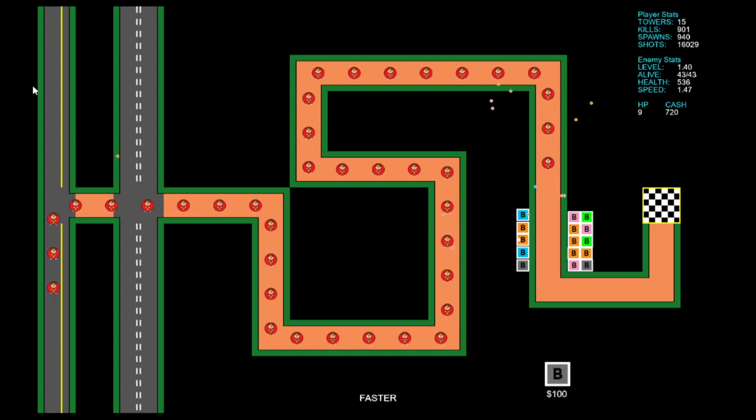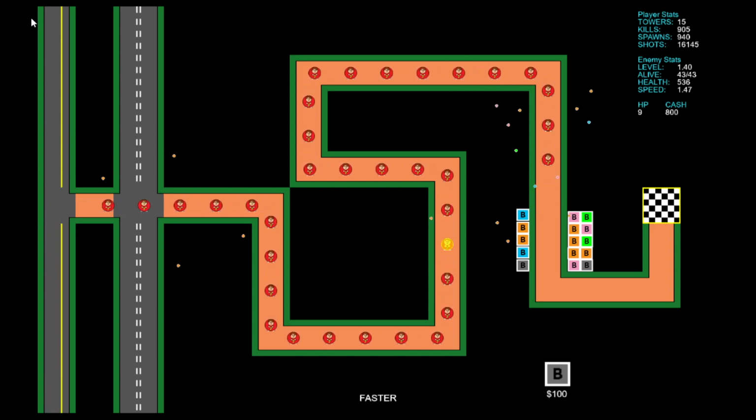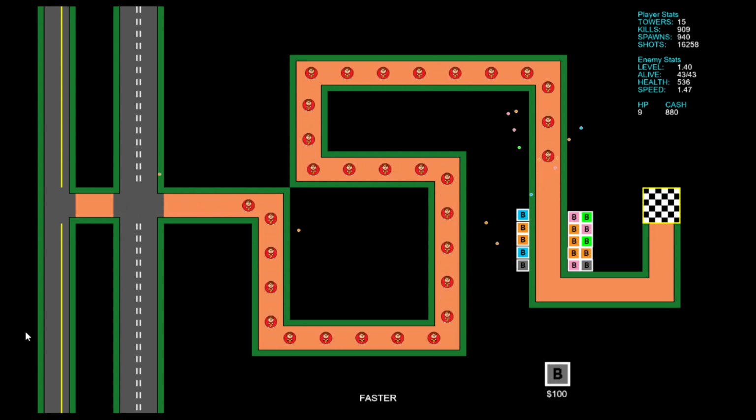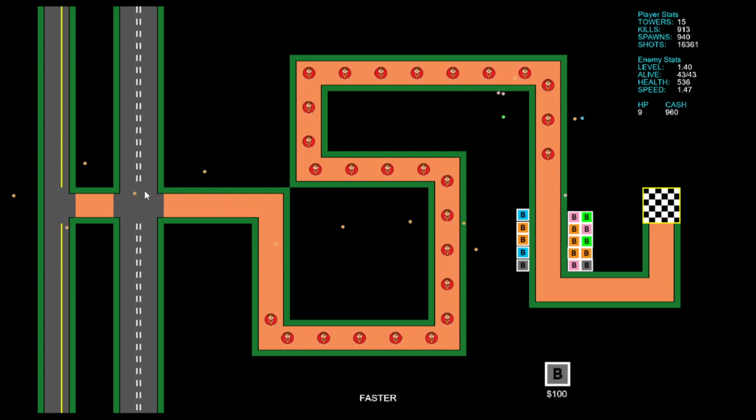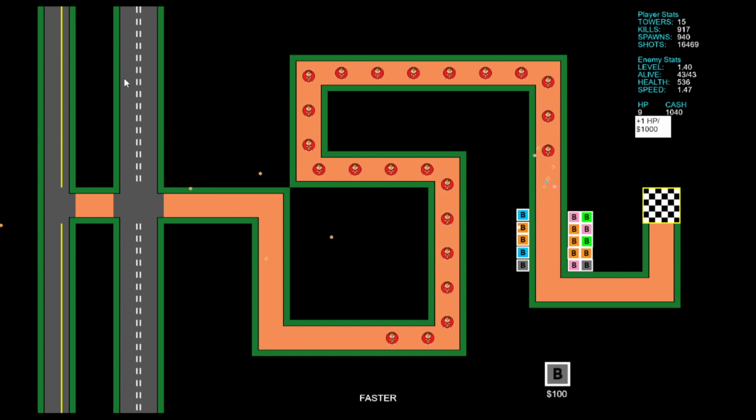Because I've also noticed in early iterations, if I put a bunch of guys over here on this side of the road, they are constantly firing out into the field. So even if they miss their guy, their bullet might travel all the way over here and hit somebody. And it becomes a thing where, yeah,